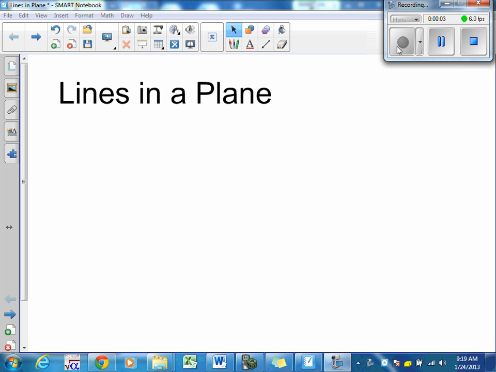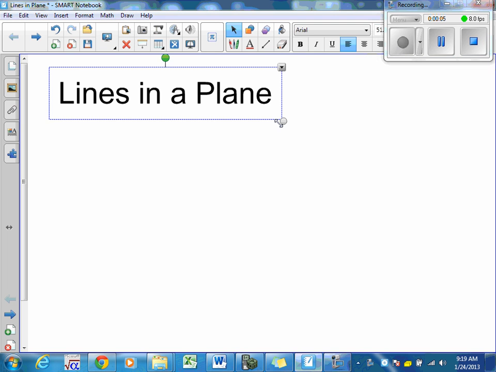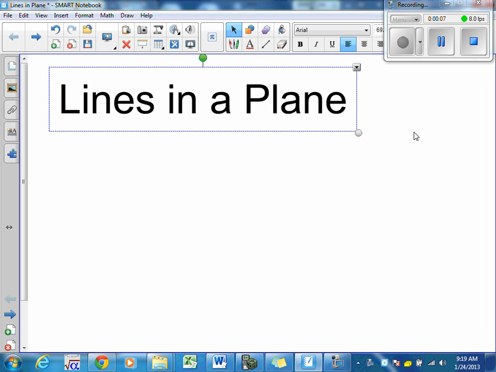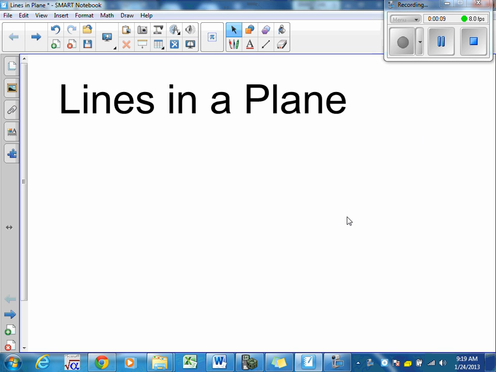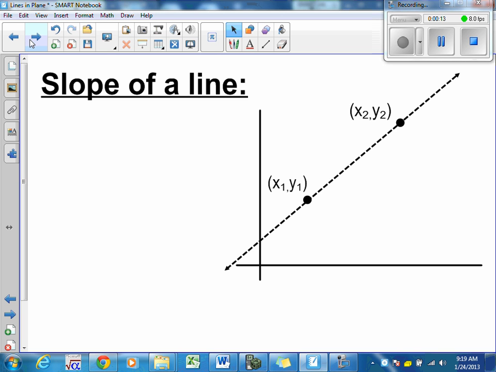Today we're going to talk about lines in a plane and about slope and slope intercept and how to graph lines. We've looked at graphing lines with intercepts, but now let's talk about slope of a line. Now, if we look at the slope of a line, if we consider 2 points, if you think back to what slope is when you first learned about slope, the thing you want to always remember, always go back to,